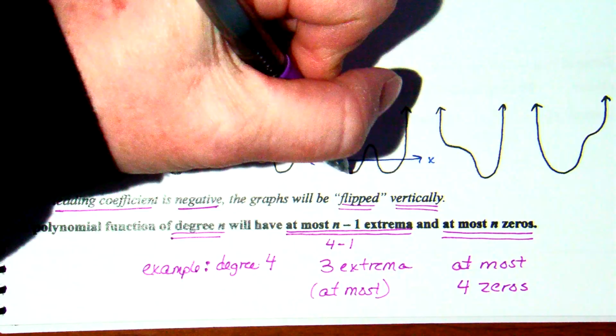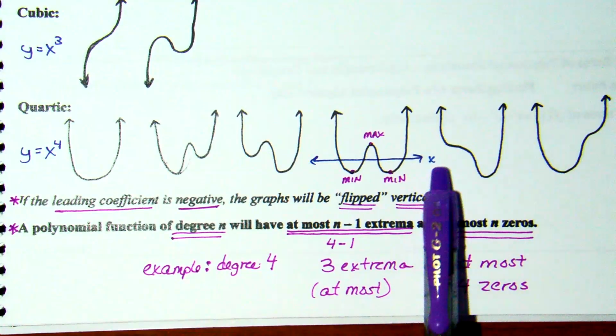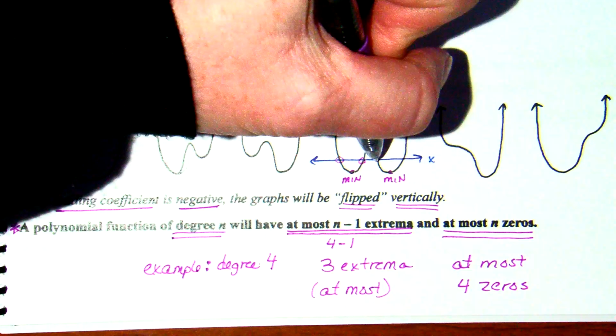If I had done that over here on the first example, would I have 3 extrema? No, I would just have 1. Okay? And then at most 4 zeros. Well, I drew this pretend x-axis. Zeros are where your graph crosses or touches the x-axis. So what do we have here? 4 of them. 1, 2, 3, 4. So at most